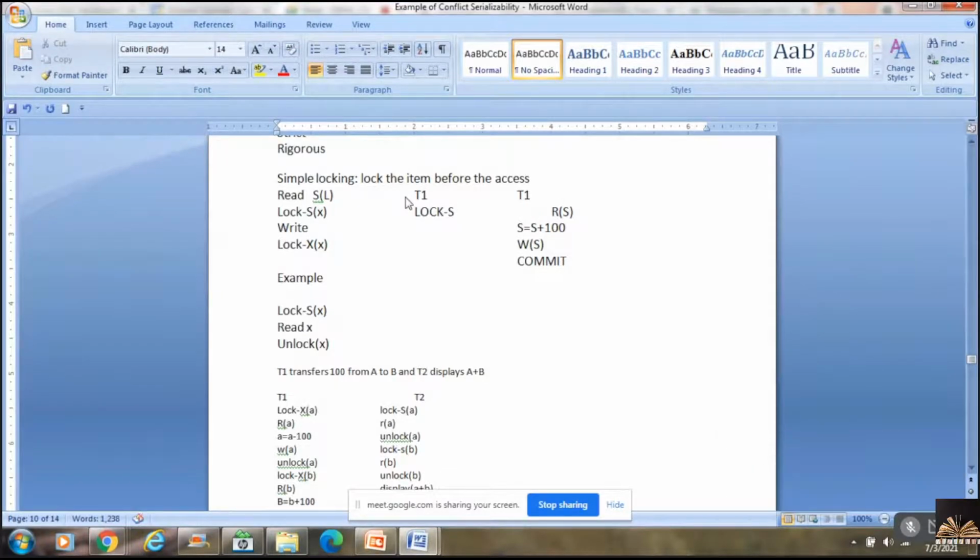S stands for shared, and maybe the database item is A over here. So this is the first step. Since I want to perform a read operation, I'm going with this. And after this, I can read A.